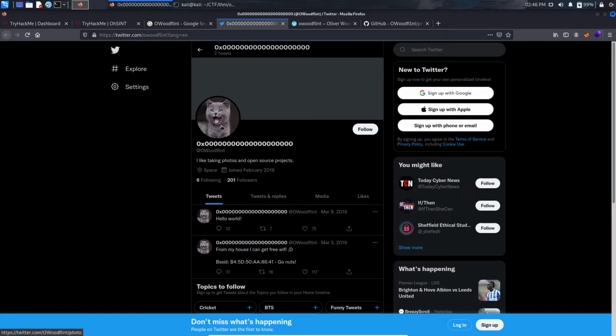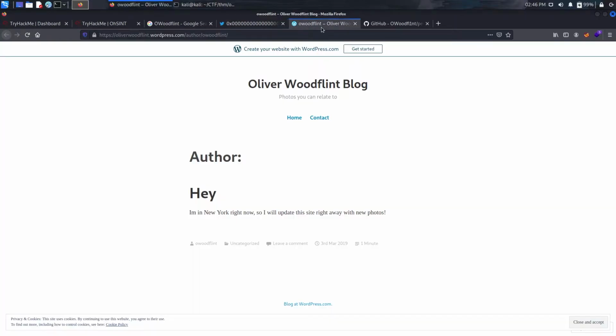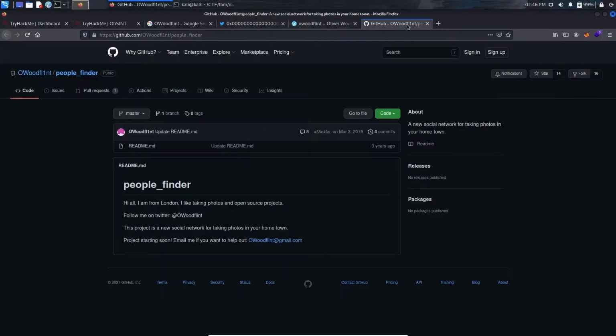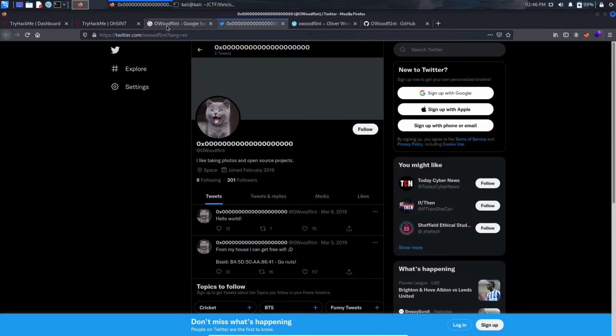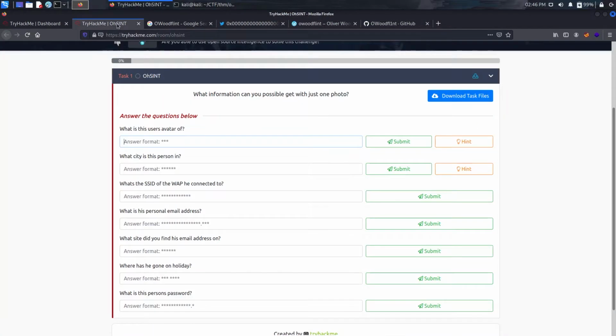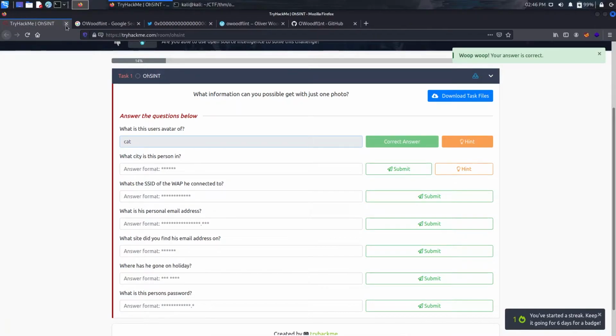As you can see, we have a cat in the Twitter profile. On the WordPress we don't have a profile, and even on GitHub I guess there wouldn't be a profile. Let me check. The profile is empty. That means our solution for the profile task is cat. Let's enter cat here. It's correct.